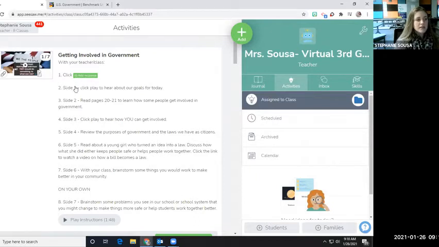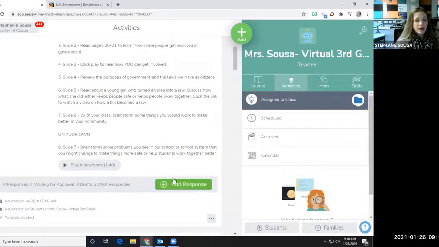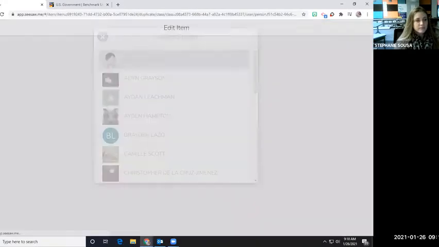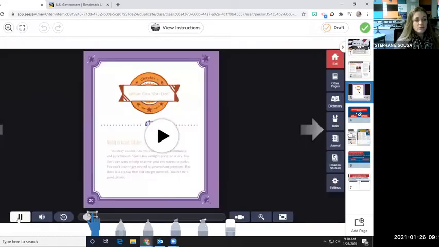We've already done slides 1 and 2. We've identified our goal and we have read the text on page 20 and 21. We're going to look at slide 3 now, which is how you can get involved. So click on that Add Response. And then go ahead and move to slide 3.